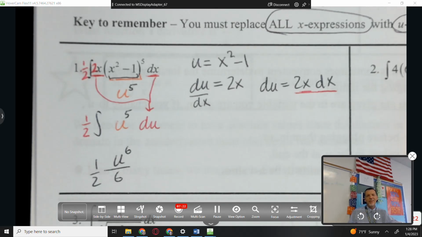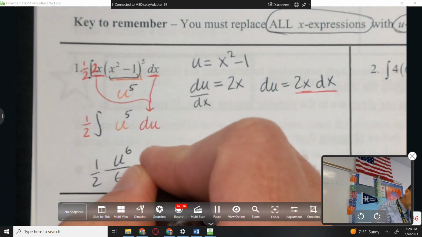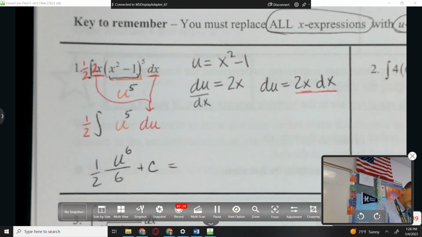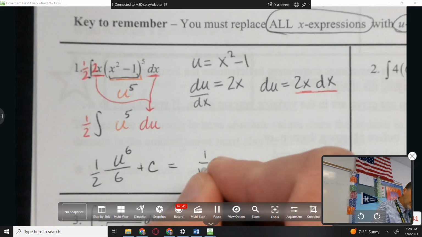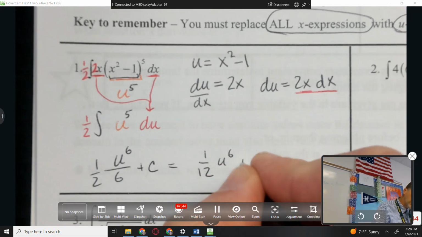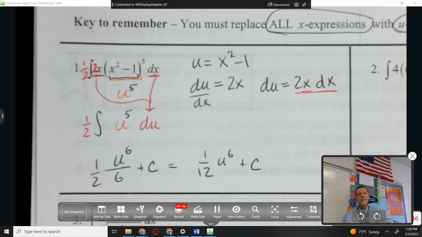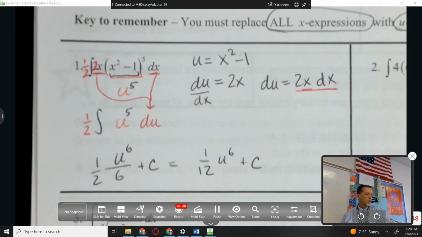All right, I don't want to say Austin was wrong, because he wasn't wrong. He just didn't finish. Is there anything I'm missing? The antiderivative of u to the 5th is u to the 6 over 6 plus c. Yes, that's right, because we didn't have boundaries. We'll do boundaries tomorrow. So 1/12 u to the 6 plus c, except that's an okay answer, kind of, but this problem